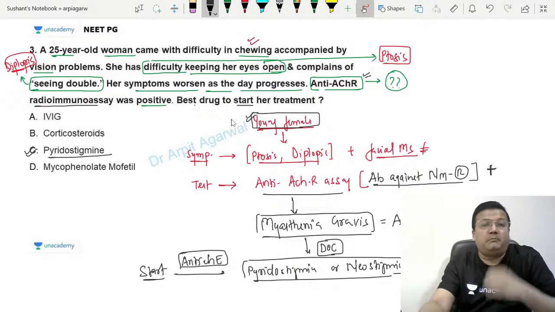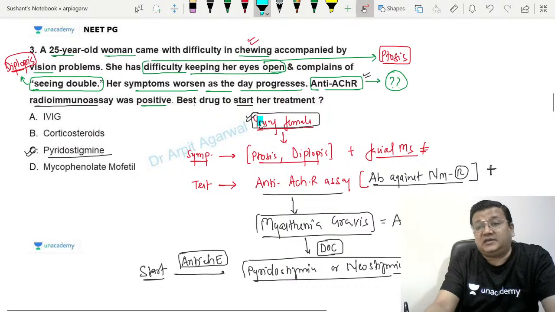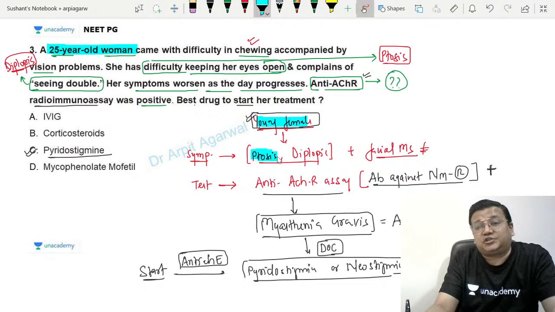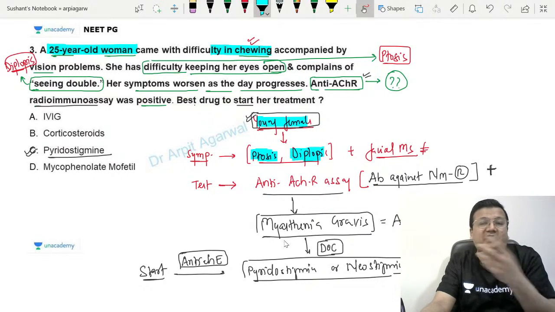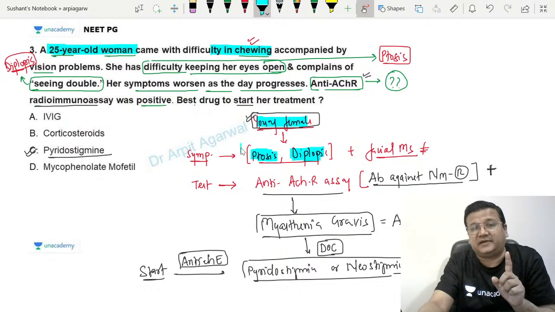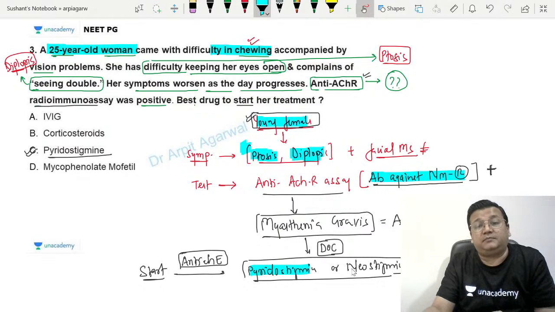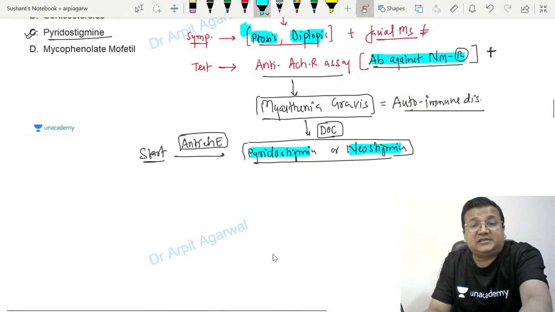Okay. So that is how a myasthenia gravis presentation would be given. To repeat, the age will always be a young female. Symptoms, ptosis and diplopia will be given. Along with that, there can be other symptoms like difficulty with the facial or masticatory muscles. Small muscles are involved, so small muscle involvement will be given. Then either the edrophonium test or a radioimmunoassay will be given. Treatment will always be pyridostigmine or neostigmine. So these are the characteristic presentation of myasthenia gravis.